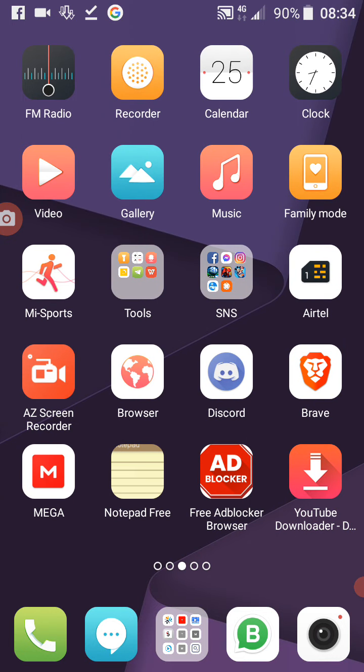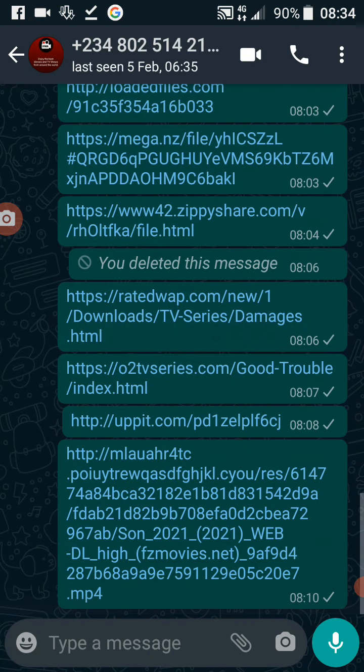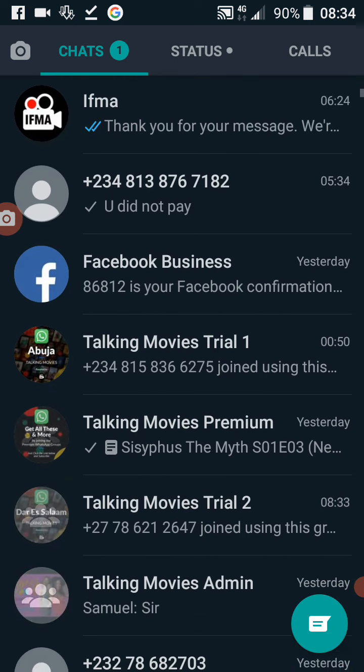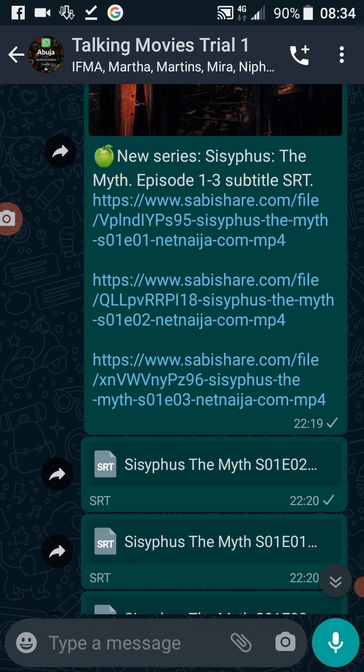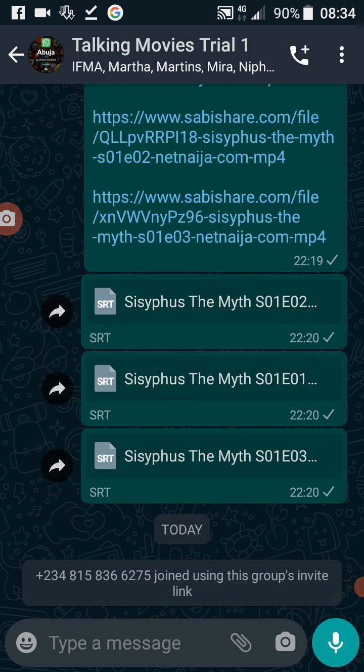Okay, before we go further, the group. Yeah. If you see this file, you don't need to click on it. Don't click on it. It's like sending a picture to you and it will download inside your WhatsApp automatically. It's already inside your WhatsApp. These are subtitle files. They are called SRT files. So these are the files to subtitle the link of the movies above. So let me show you how to do that.